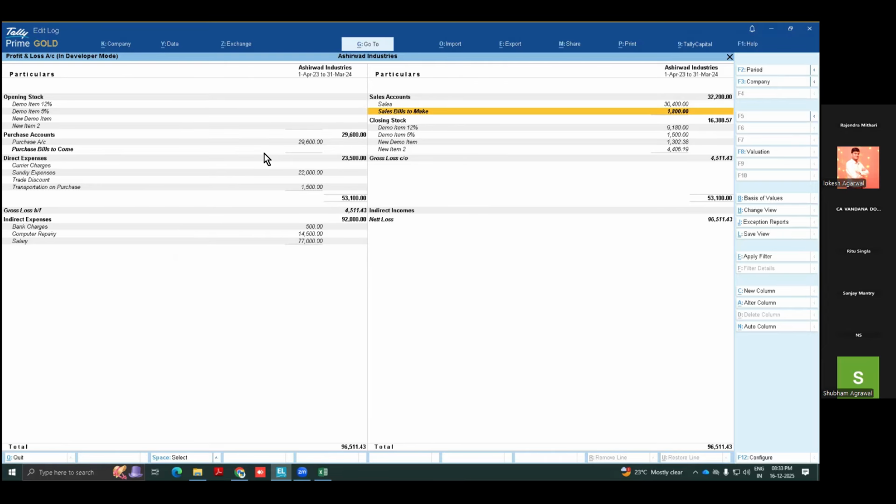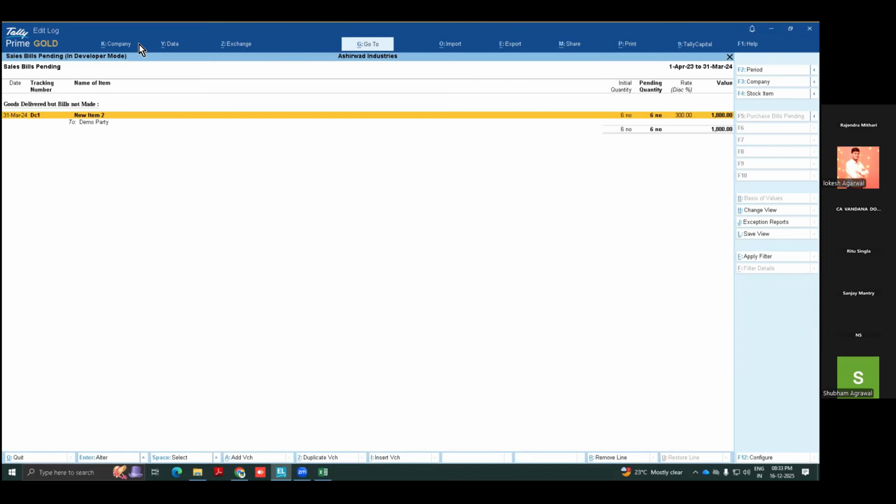There are two cases. One is mistakenly you have selected the wrong tracking number, or second, after proper tracking, someone has altered your invoice number. So in that case Tally is showing you this report: goods delivered but bill not made. So these materials are already delivered, profit and loss is impacted because your stock is outward. Stock quantity is reduced, already your stock is showing after deducting this quantity.